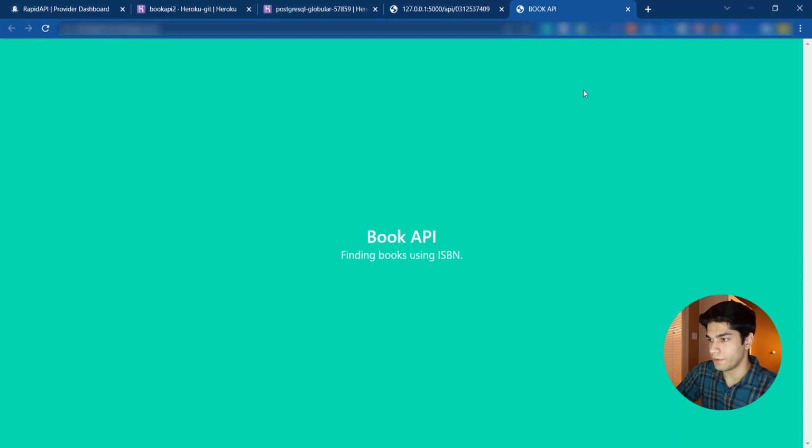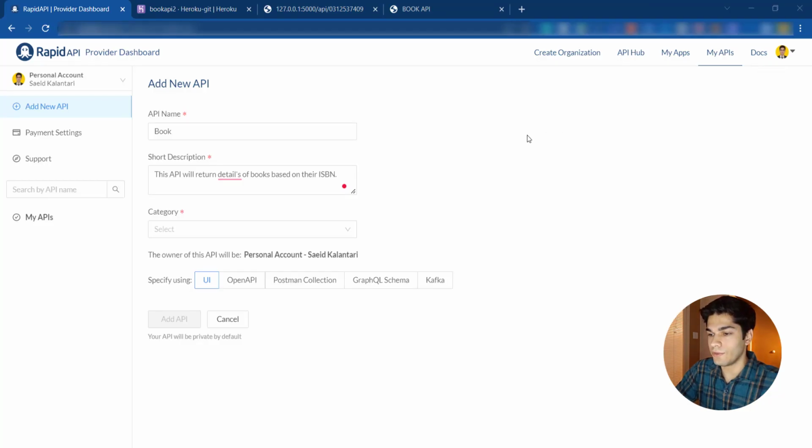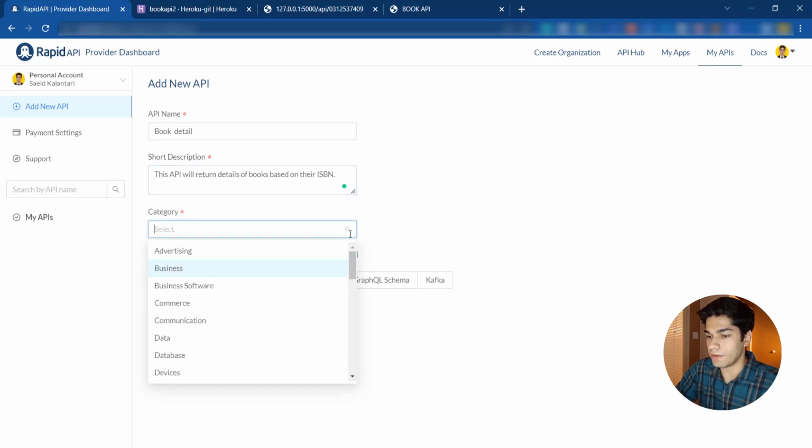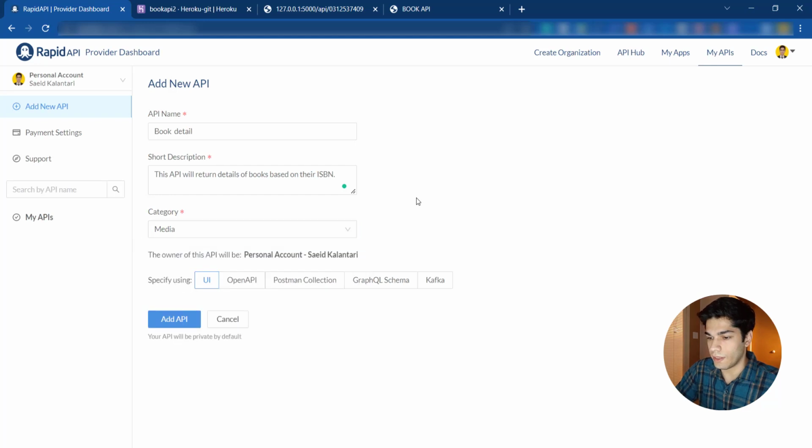As you can see, the URL is matching our API that we entered in Heroku. And the last part is to set up our RapidAPI. Okay, now it's time to actually create our API on RapidAPI. We just need to give it a name, for example, book detail, and the description will be something like, this API will return details of books based on their ISBN. The category will be media or data, something like that, and we just need to leave it as UI